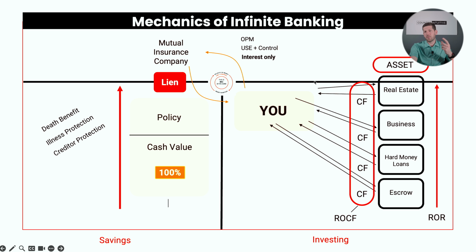Now, the policy is going to have a rate of return tax-free, and then you're going to have a legacy rate of return with the death benefit. At some point you pass away, you are able to give that to beneficiaries income tax-free, to charities, pay off debts, whatever that might be for the next generation or generations.